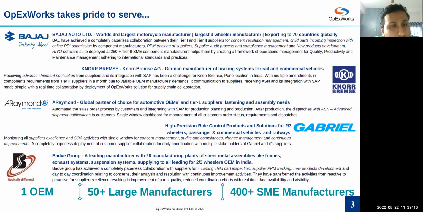We have also deployed our system in NORBREMSE for their advanced shipment notification mechanism. As we know, the shipment schedule is published on a monthly basis for day-to-day requirements, and schedules do get modified as per the customer ask. So we have created a robust system for advanced shipment notification, wherein right from the OEM manufacturer demands to receiving ASN and integration